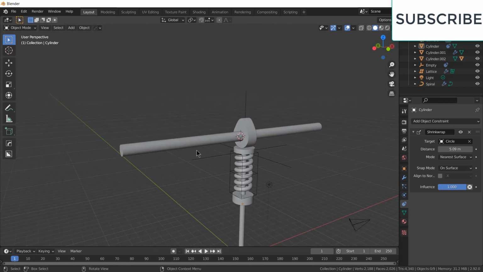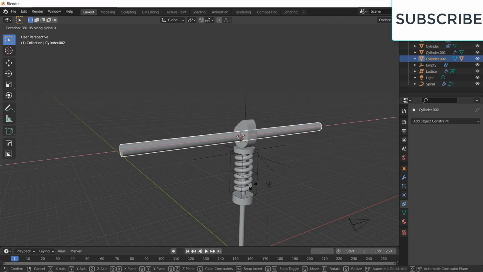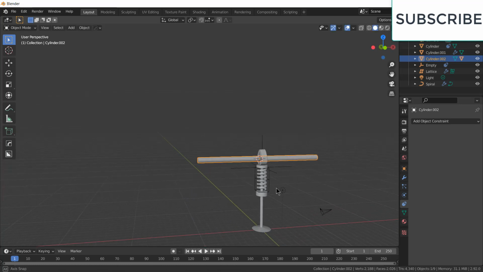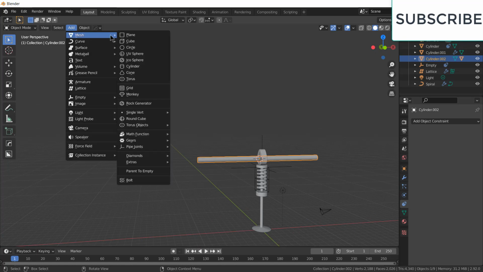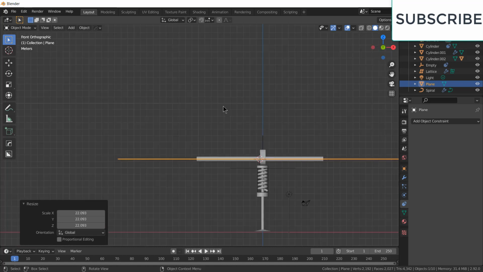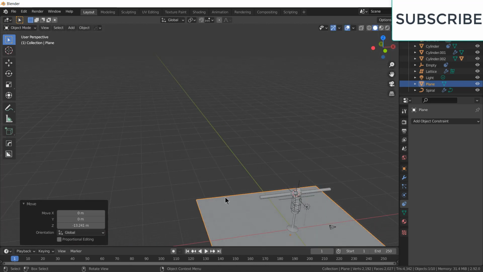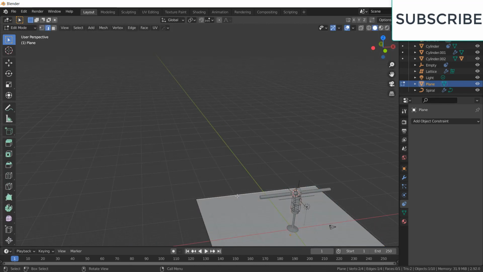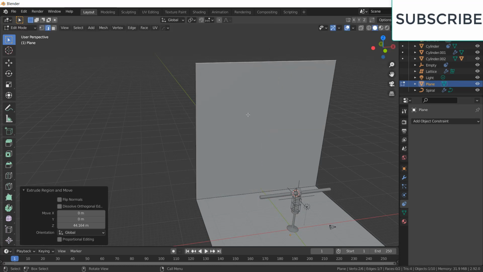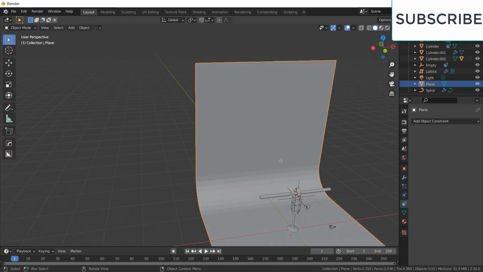After that, if you select this, press R, X, you can see it is doing the animation. Now let's add other things. Planes, scale, G, Z. Tab, select this, H, 2, E, Z, select this, Control B, Tab, right click, shade smooth, S.